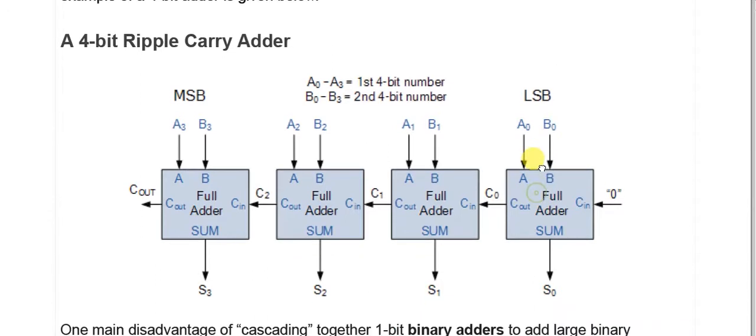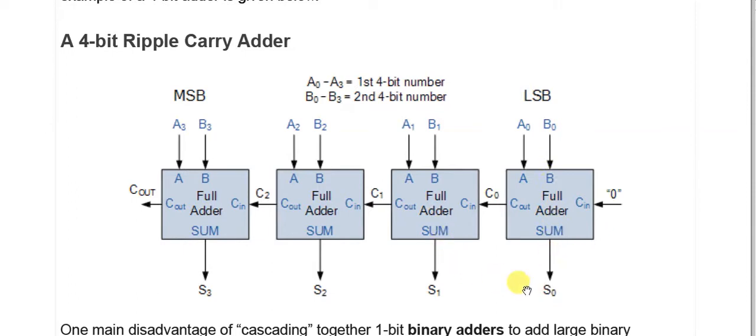So what we do now, we take the full adders and connect them in cascaded form such that the carry out of one is fed into the carry in of the next, and the carry out of that into the carry in of the next, and so on, and then lastly we get the carry out. We can use a half adder here as well, with a 0 input value it is considered as a half adder, but a full adder can also be used, no problem with that. So what we get gives rise to a sum bit